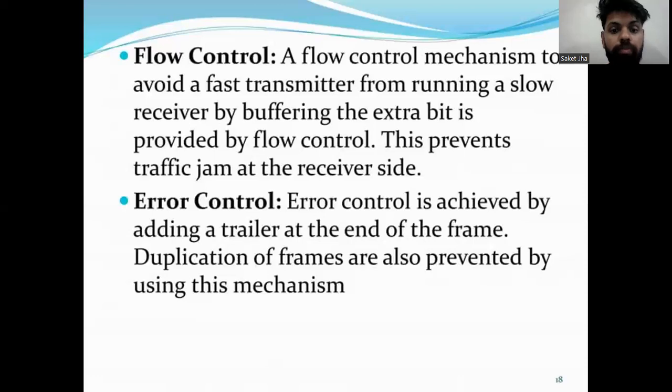Now error control is also present in the data link layer. Error control is achieved by adding a trailer at the end of the frame. So it is nothing but